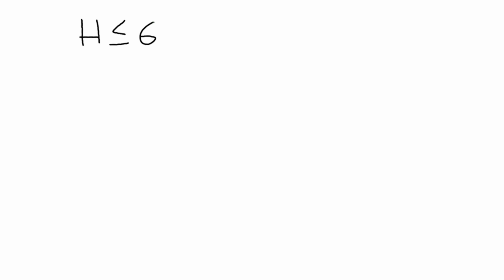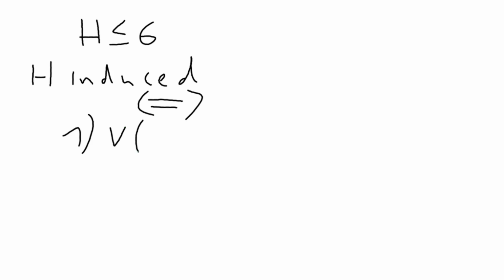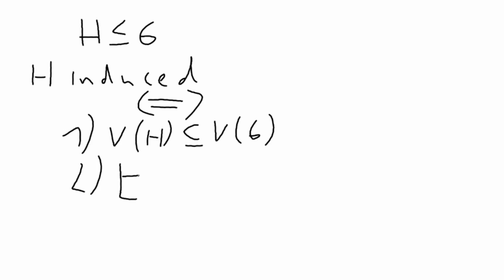We can basically sum it up in two things. So if H is an induced subgraph, it means basically two things. First of all, the vertex set of this subgraph H is a subset of the vertex set of the original graph. And second of all, another thing is that the edges of